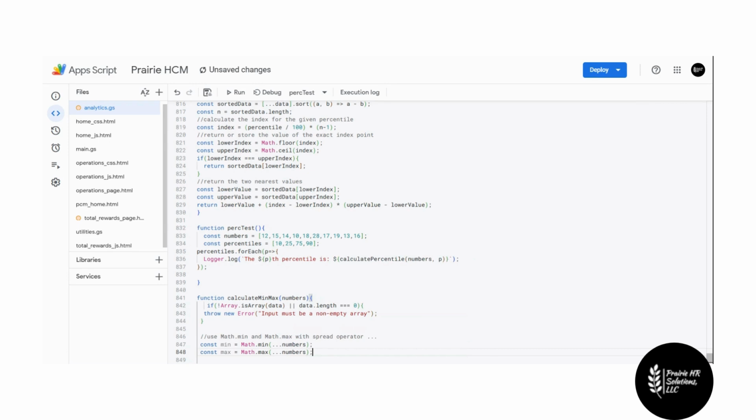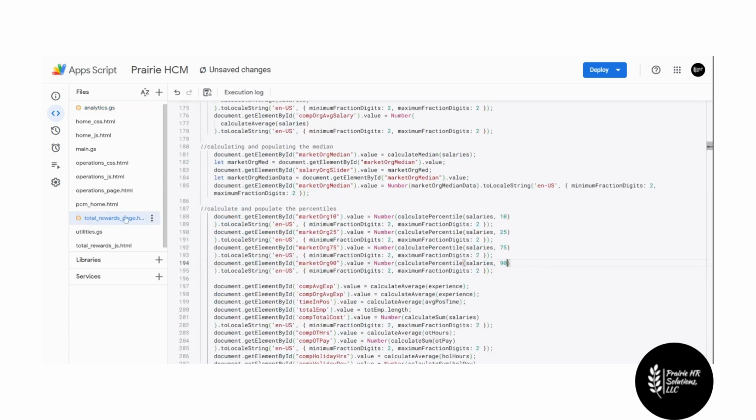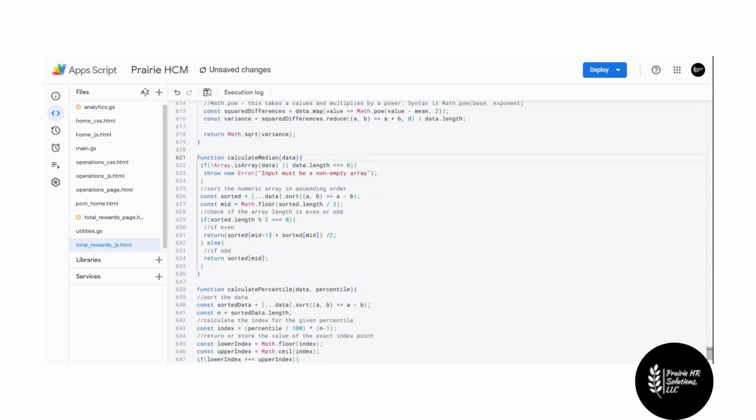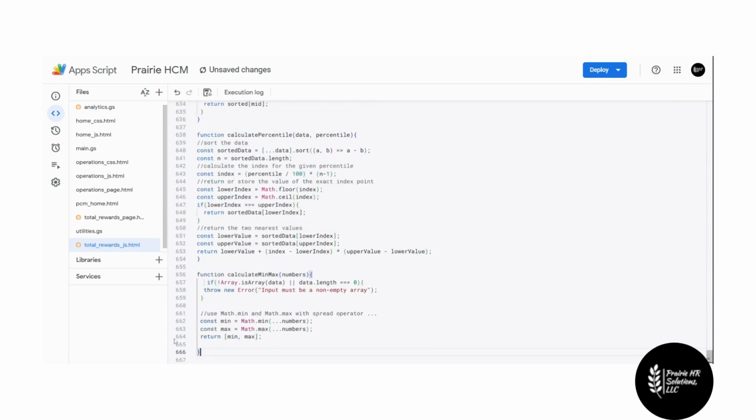And then we simply want to return this as an array, min, max. So to access this would be 0, this would be 1. So now let's come back over here and grab ourselves, well, first, now that we have this, let's grab this and pull it over to our JavaScript side here and add it to our nice little library we have of